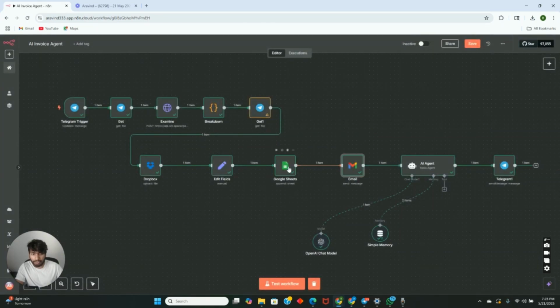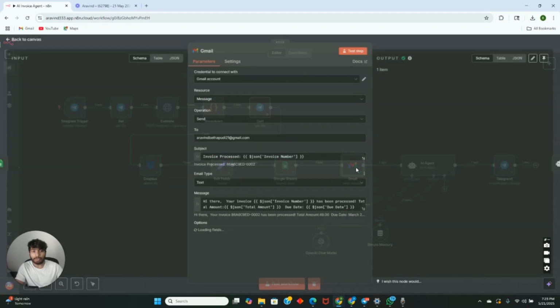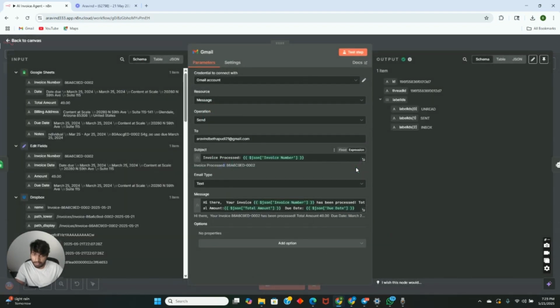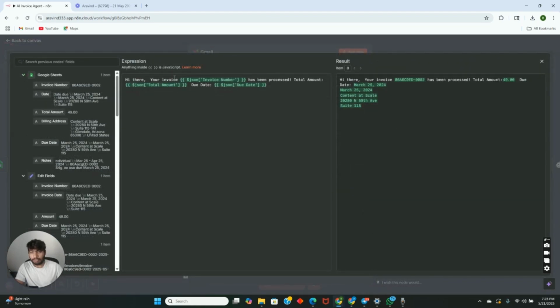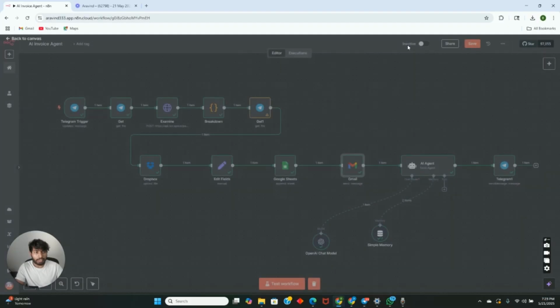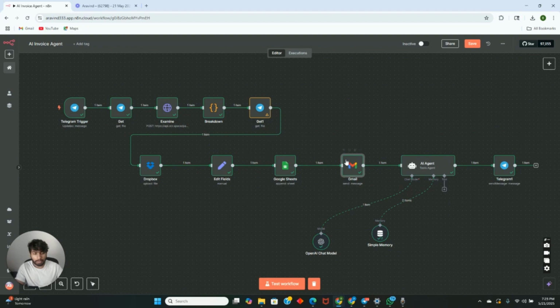Later on, we need to send this to the customer's email, with the subject as invoice processed, and then a regular template such as, "Hi there, your invoice has been processed," with the total amount and due date. You can see the output here. In this way, the email has been generated to the customer. And then the